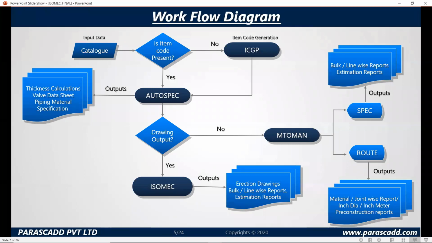Or if you want to route those particular lines, we have that feature which can give you the joint-wise report and inch-dia, inch-meter report for your pre-construction reports. So all these features and parts are in one software, that is our ISOMEC.